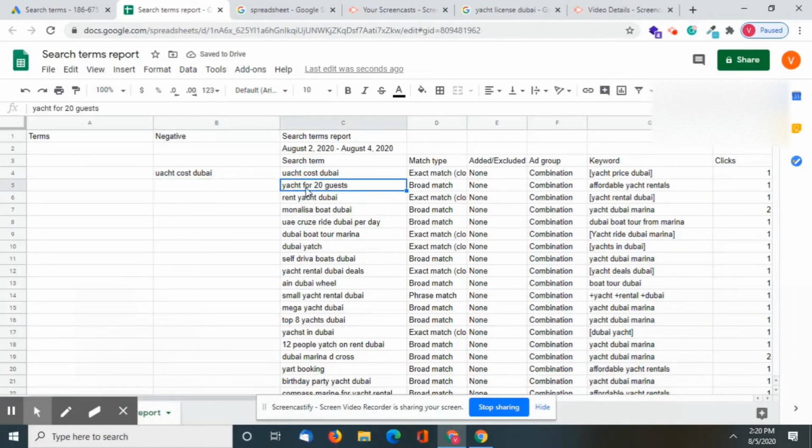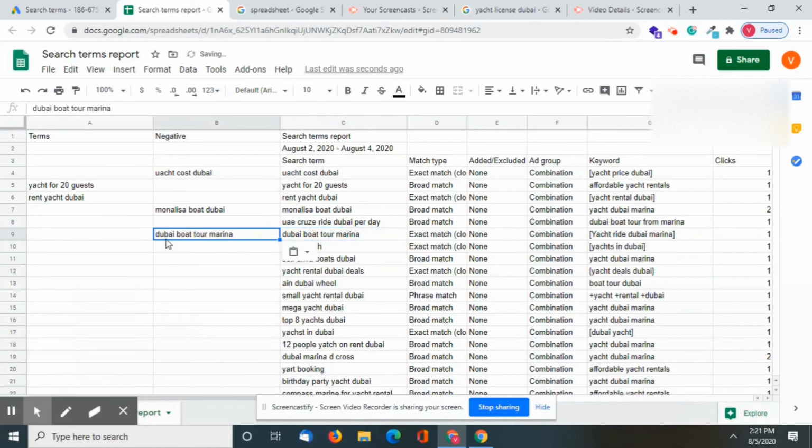Yacht for 20 guests is actually relevant, since I have a yacht with 20 guests. Rent a yacht, I added this. Mona Lisa boat Dubai is a different company, which I don't want to add. Cruise rate Dubai per day, I don't think this is relevant either, so I don't want to take any decision for this. Dubai boat tour marina is relevant for me. I add it as Dubai yacht. Sorry, this should be here.